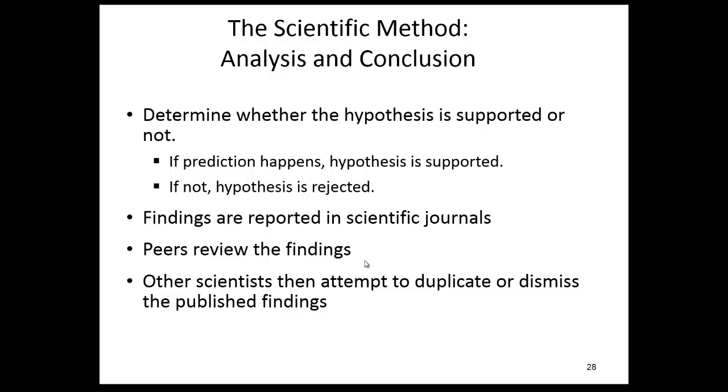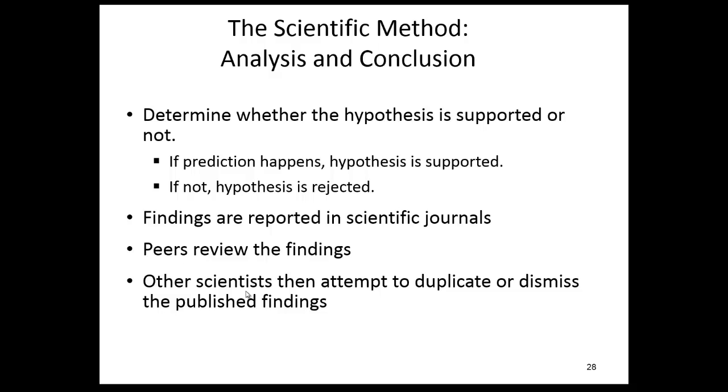And then as other scientists see that, they might attempt to duplicate the results to make sure that they agree. If it's something that is debatable or something that's very exciting, then other scientists might want to replicate those studies to determine if more study needs to occur, or if it's something that could be built upon for more improvement. Say a medicine is discovered, maybe to control blood pressure, then someone could say, well, does it also control heart rate, or does it also lower cholesterol? So there's other experiments that can come off of one experiment.